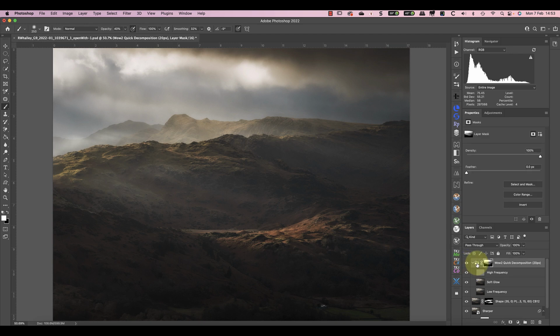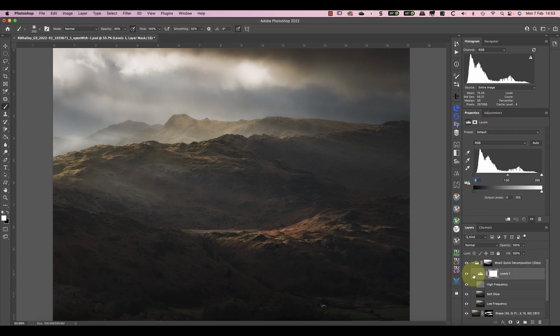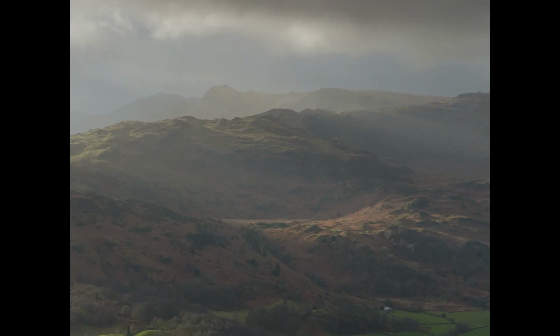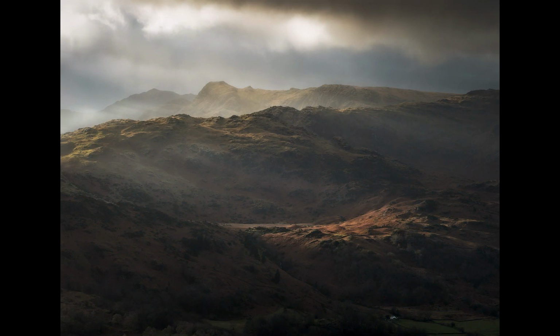And the final step is something that's a bit optional. I'm going to actually just add a levels adjustment layer. I don't want it in the group, I'll just drag it to the top. And now I can use that to refine the tones in the image a little bit further and just open them up and make sure that we've got the full tonal range included. And that is the image finished. Here's the starting image, and here's my finished edited image.